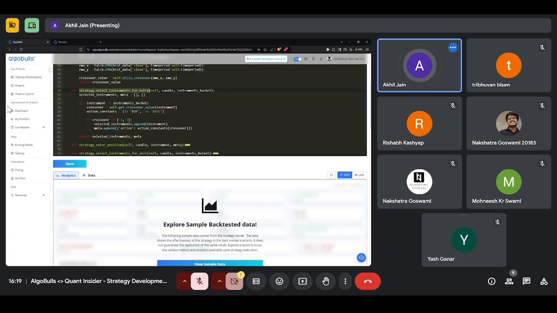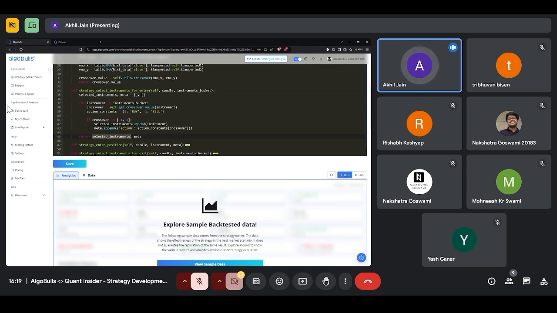You can see here we have returned two values. One is which ones out of them have gotten selected, and the second is what information we want to send about each of them. In this case, the information I just want to send is the action, whether it's a buy or a sell. That's all the information I want in this one for each of the selected instruments.